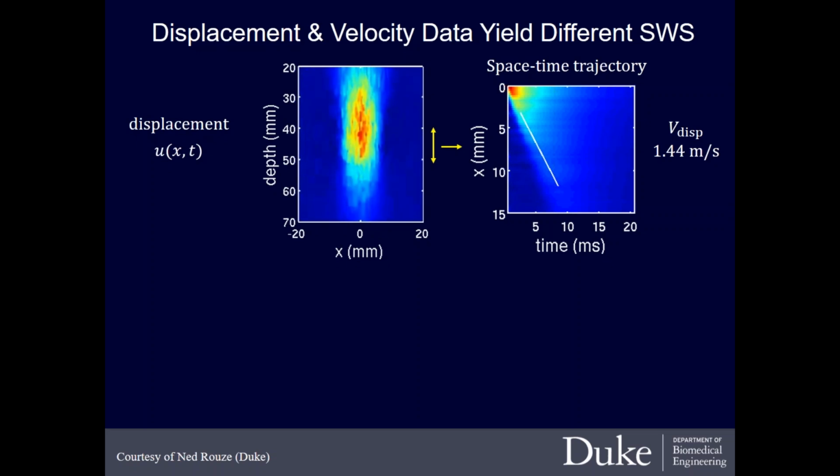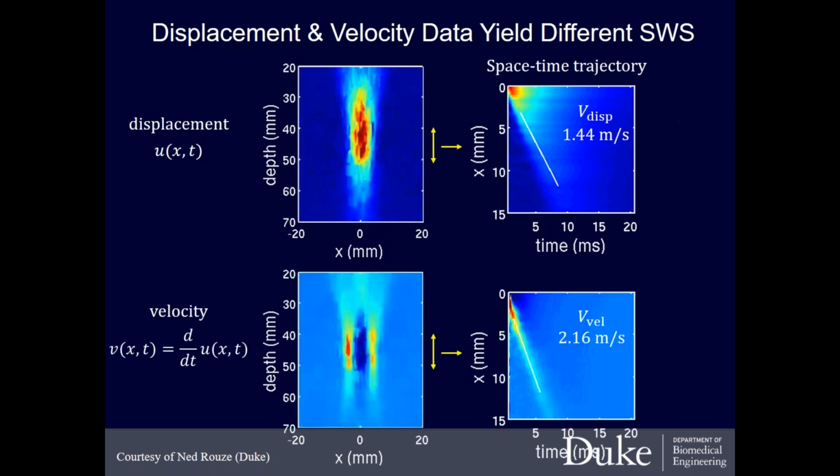If I look at, instead of displacement, velocity, which is just the first order time derivative of the displacement field, you would get the bottom plot. And I don't want to highlight any of the real minutiae of this, other than looking at what the projection through space and time looks like. I think you can notice in the bottom right figure that you see a different slope to the line. So these are the same exact data, except when there's viscosity in play, looking at a velocity versus a displacement profile actually leads to a different reconstructed shear wave speed. So this is the foundation for the concern that this is a confounder of what we might be looking at.